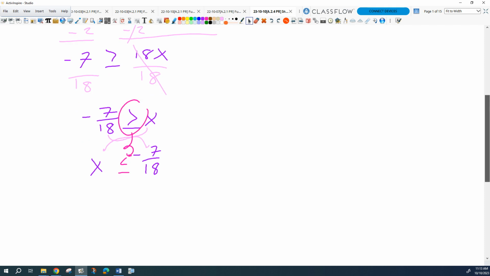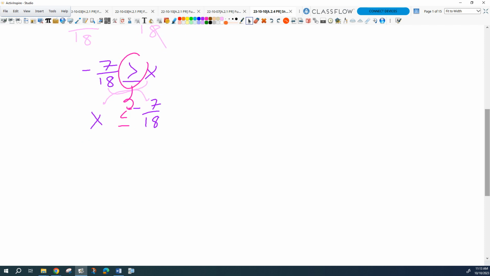There's kind of a little trick you can do here. As long as the variable is on the left side, the inequality is creating an arrow that tells you which way to graph. Not that you probably need that hint, but it's there, right? If I wanted to graph this thing out here,